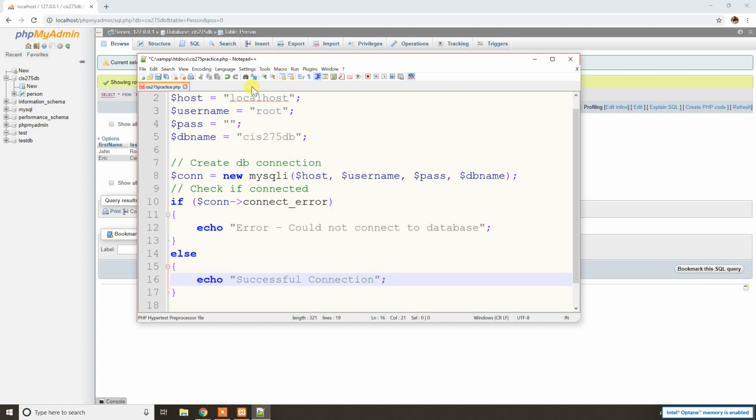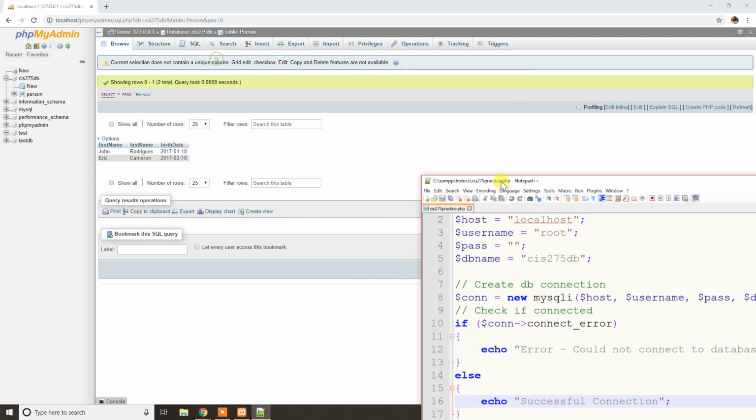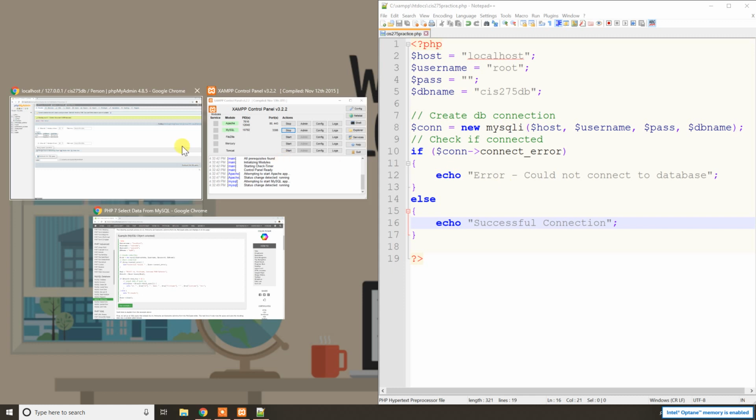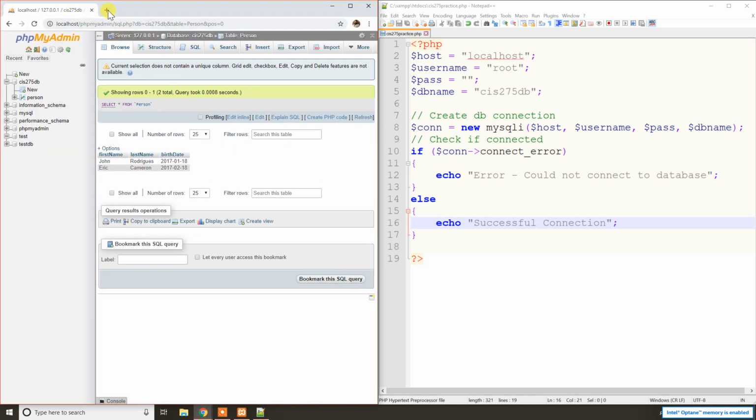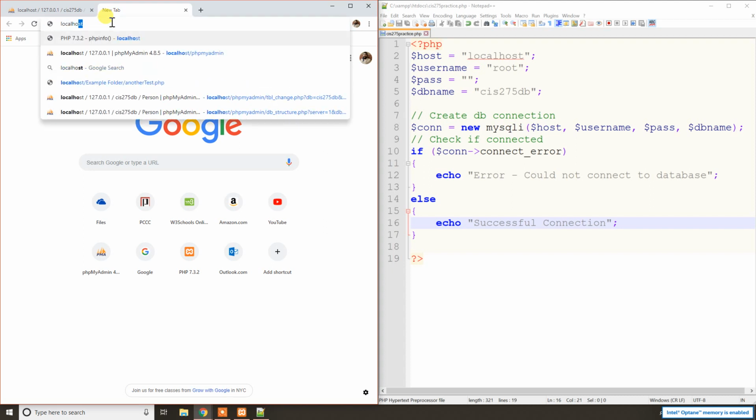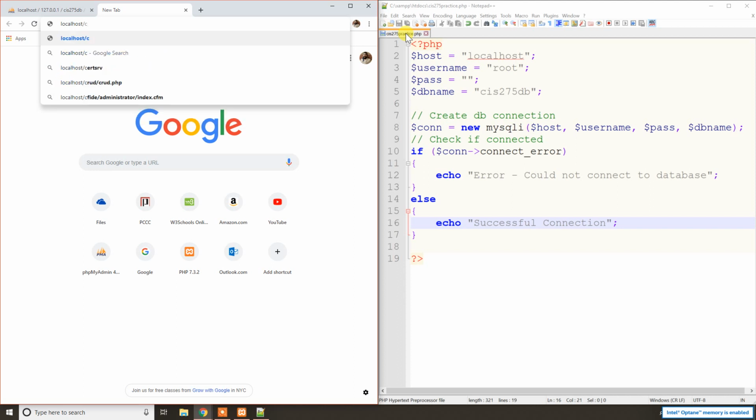So let's test it. How do I test this? Well, let me put the code on one side and open our browser on the other side. I opened a new page. We're gonna go to localhost, which is our server, slash. We're gonna call this file, which is in our htdocs folder,